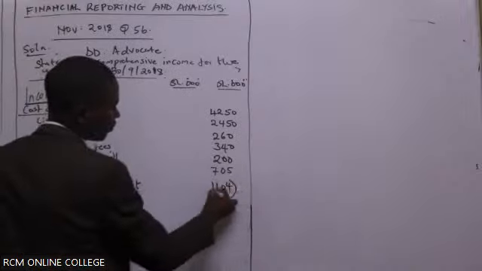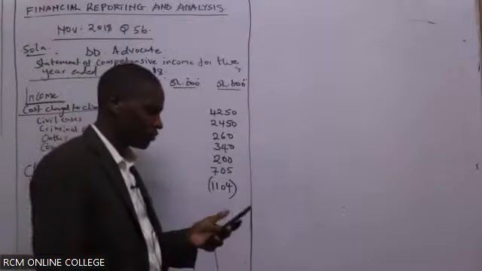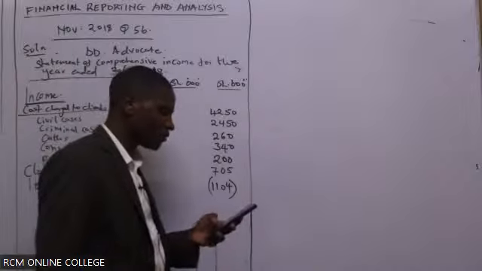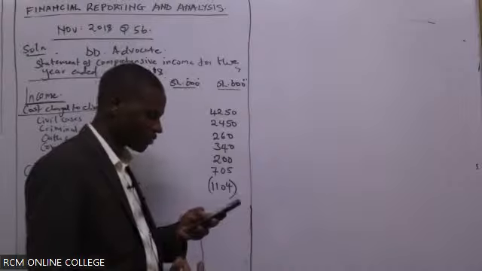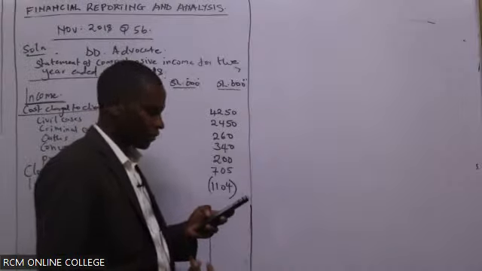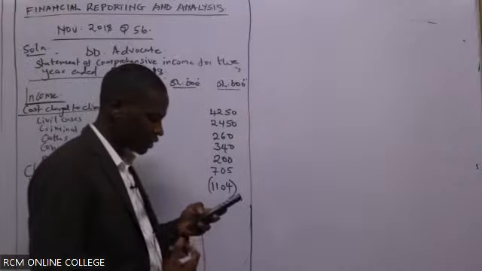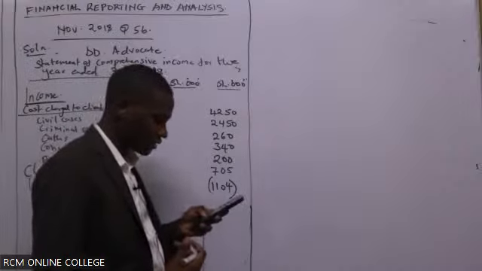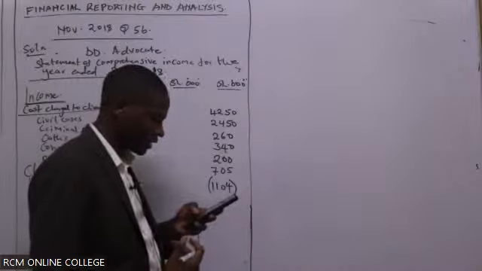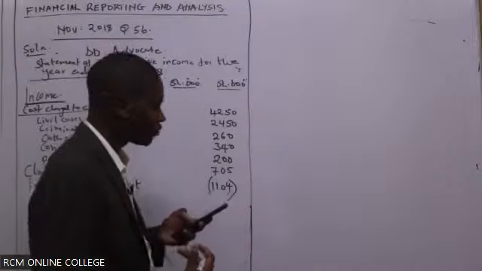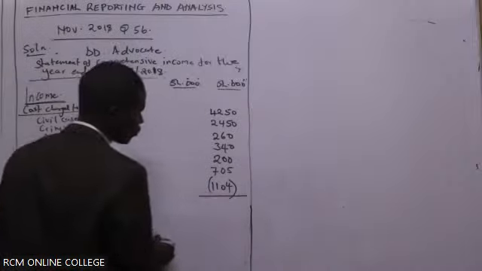It is 1104. Do we have any other item from your end? Can you see any other item that will fall under income? According to Priscilla, she cannot find any other item from her end under income. I think we have exhausted our income section, and we can get the total income.